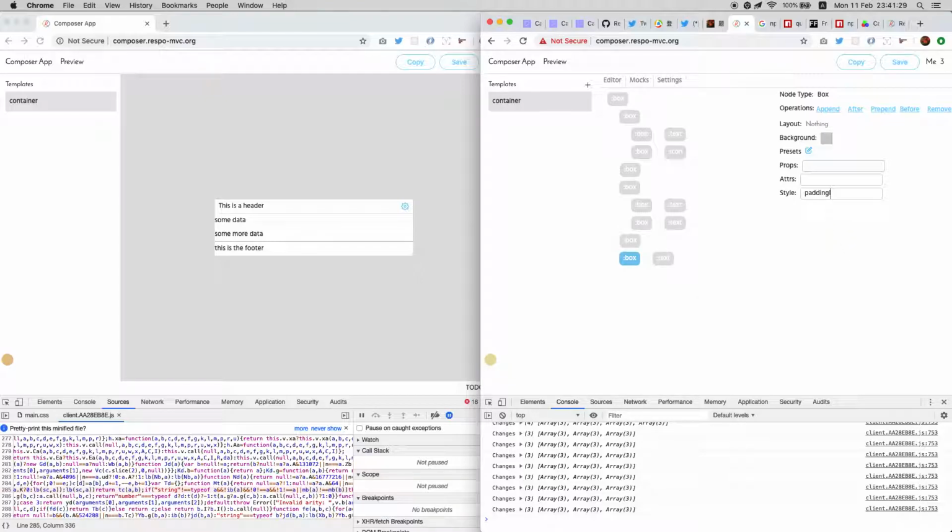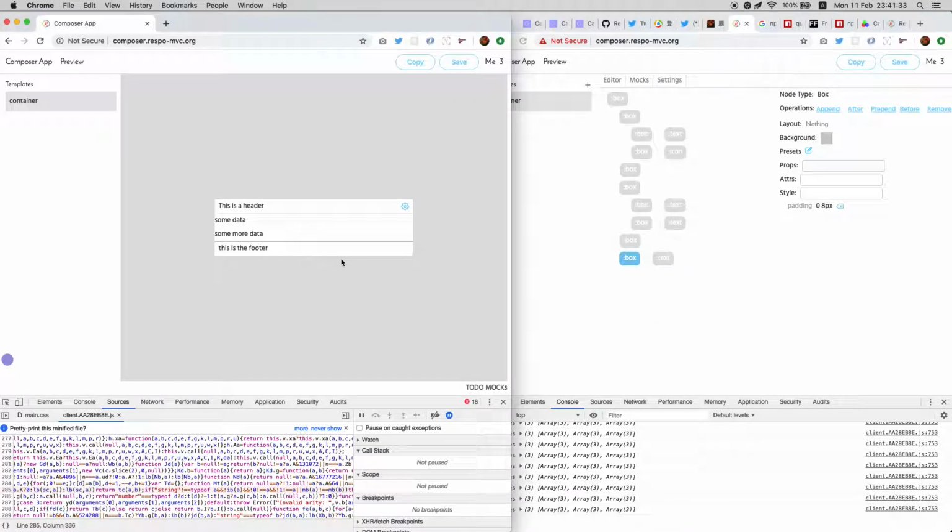Padding 0.08 pixel. Yeah, it looks really bad. I have to add so many elements to create a very simple demo. But the interesting part is